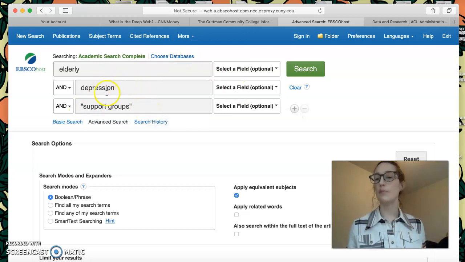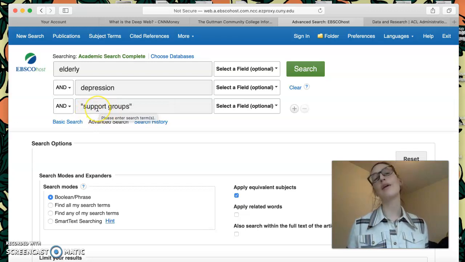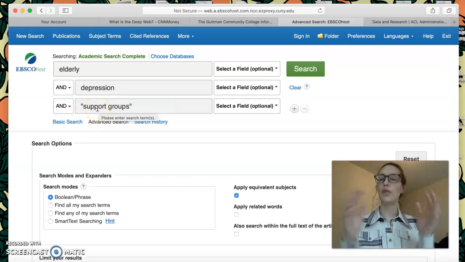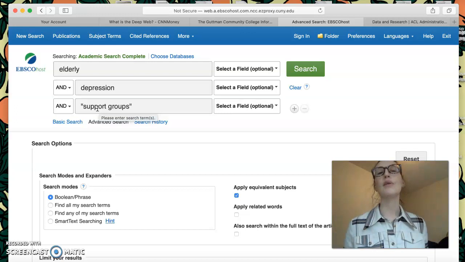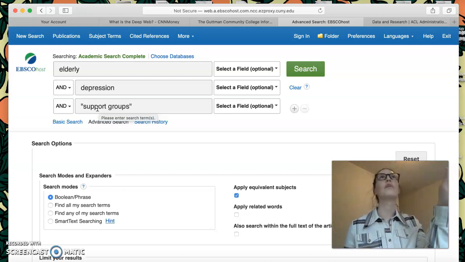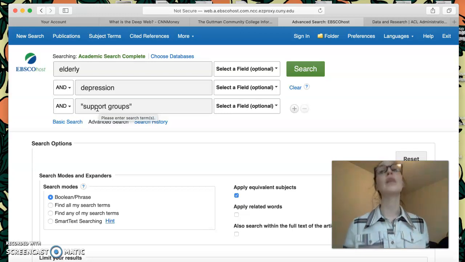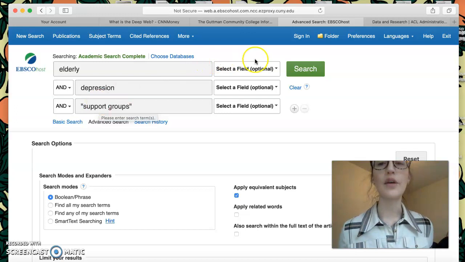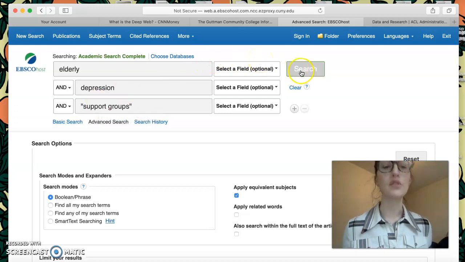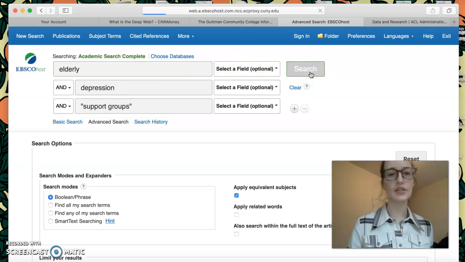All of these terms have to appear somewhere in the article, but if I don't put quotation marks around it, I might not get an article that's about that idea, support groups. I might just have randomly the word support over here in the article and groups down here, and they don't relate to each other. So that's why I did that. I'm telling you, because you can also do that in Google or any other database to help you find more relevant results. Okay, so I click search